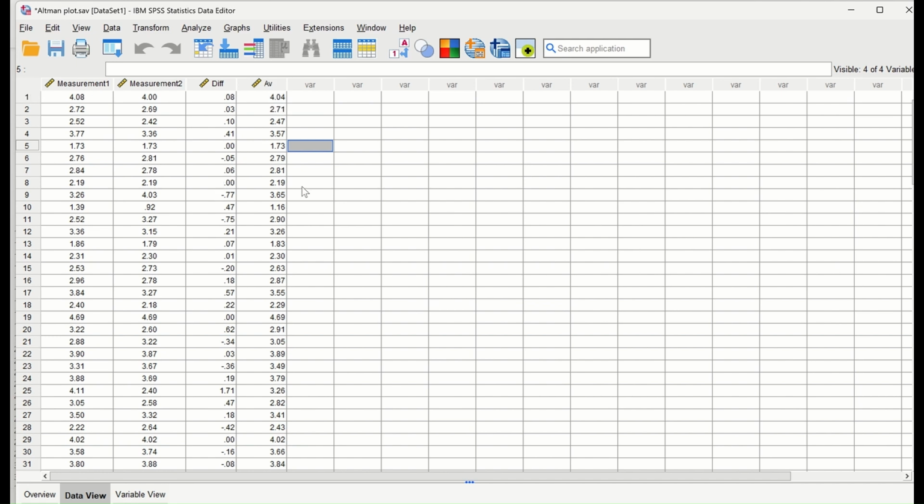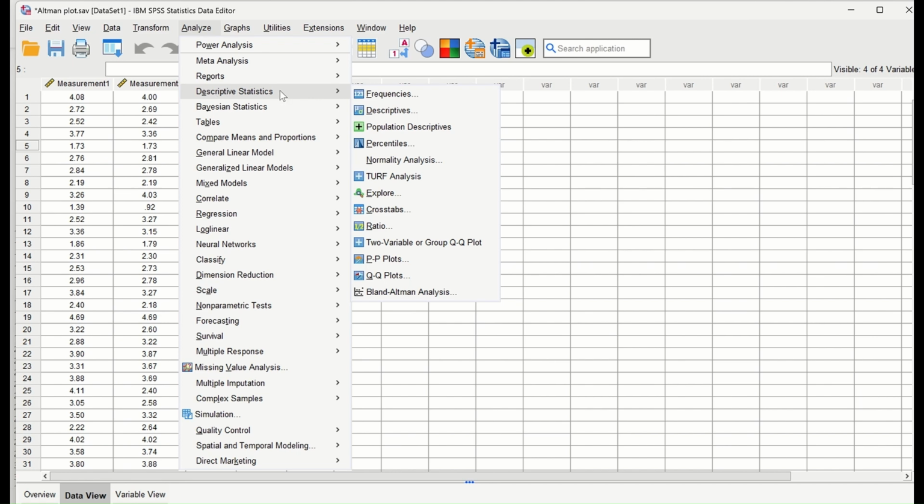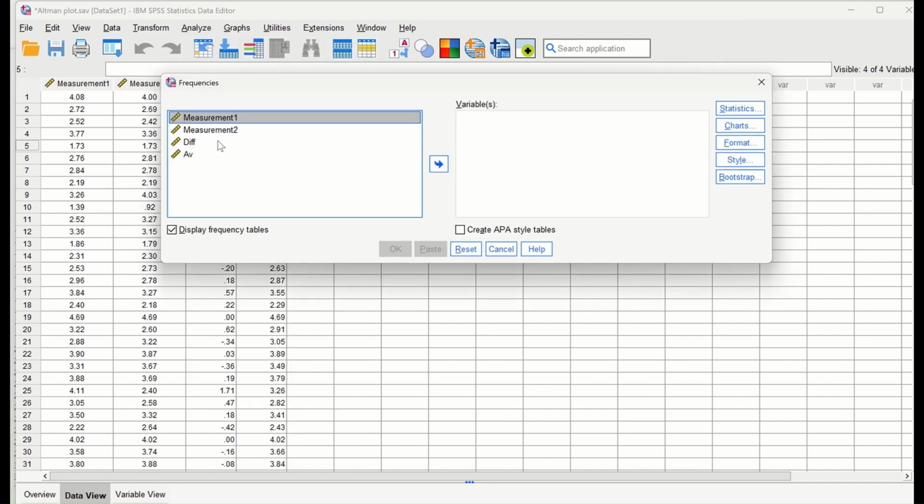So we have here two new variables, the difference variable and the average variable. Those are two important data to build up the Bland Altman plot. Before we move ahead and construct a scatter plot, we will first look at the difference variable and determine the mean and the standard deviation for the difference. And the way to do that is to click on Analyze, Descriptive Statistics, Frequencies, and then drag